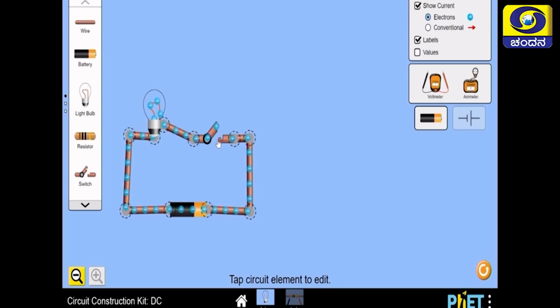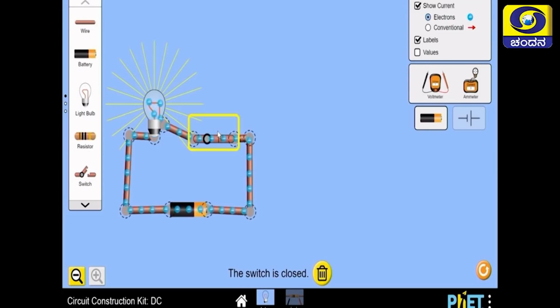Children, can you answer what may happen here? Yes, you are right. As soon as we close the switch, the whole path for the electric current is closed. That means as soon as we close the switch, the electric current starts flowing. As you can observe,